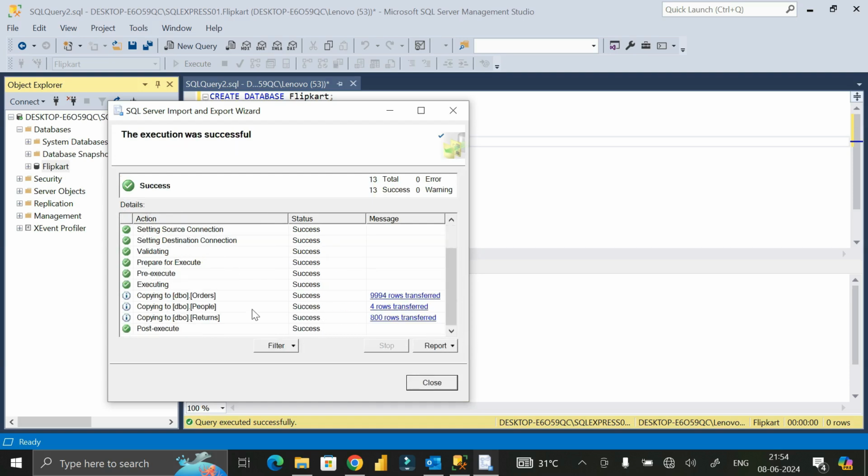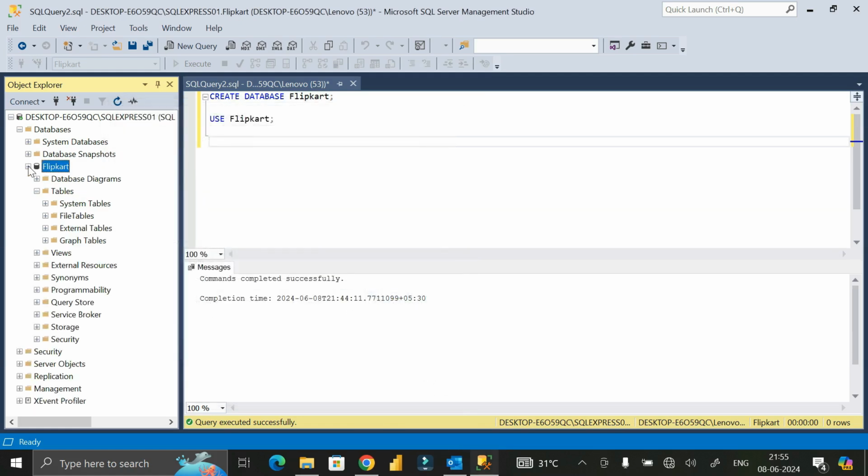Inserted those three tables inside this Flipkart database. Alright, here you can see these rows have been successfully inserted inside this database, right? So just click on this close tab and close it, right? Then just expand this, and just click here, then right click on it, then click on the refresh tab. And now as you can see here inside this tables folder, we have successfully imported these three tables, that is orders table, people's table, and